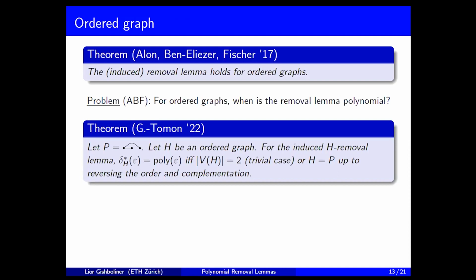One is the trivial case, where H is edge or non-edge, and the other case is when H is this path, ordered in this way. And this is also kind of interesting because up to now, the proofs of polynomial removal lemmas, they relied on results that said that